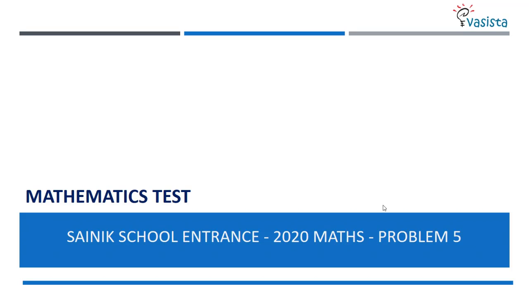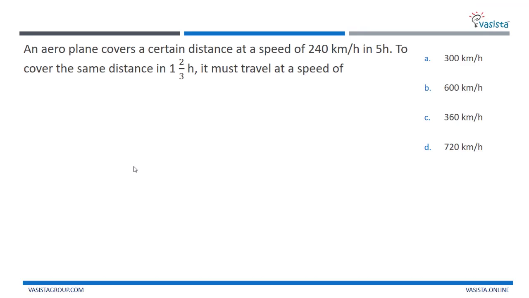Okay, let me solve the fifth problem. This particular problem is based on speed and distance. An aeroplane covers a certain distance at a speed of 240 km per hour in 5 hours. To cover the same distance in 1 2/3 hour, it must travel at a speed of,